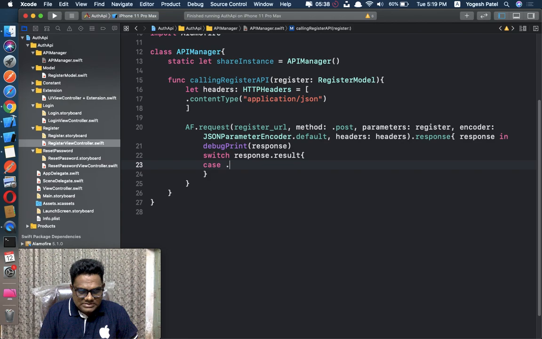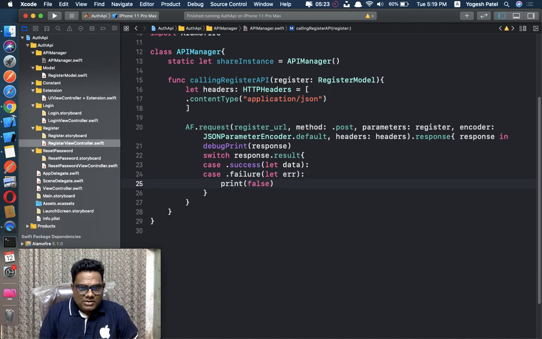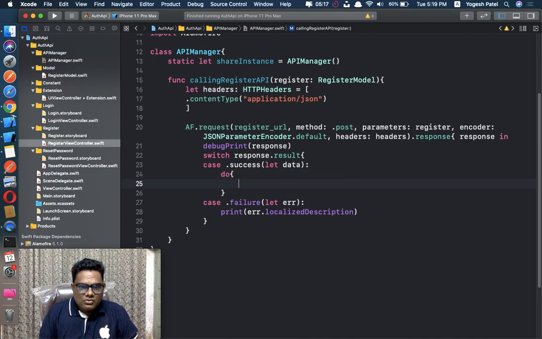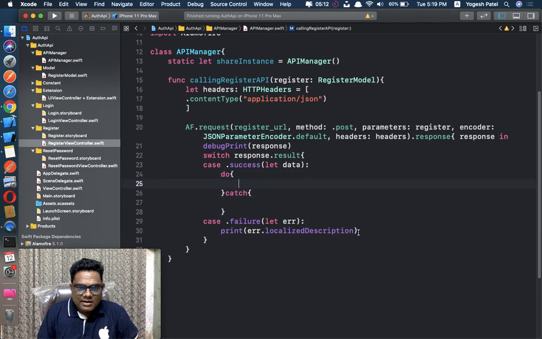The first case is .success with let data, and the second one is .failure with let error. Just print the error's localizedDescription, and here we have to use do-catch for error exception handling.